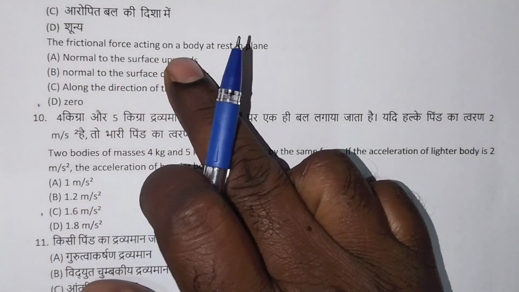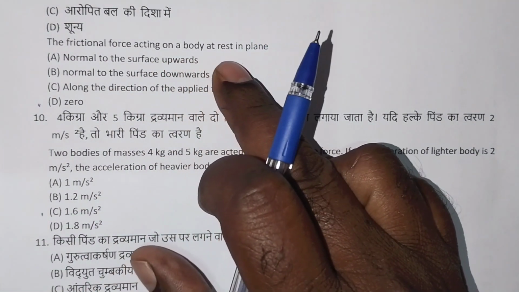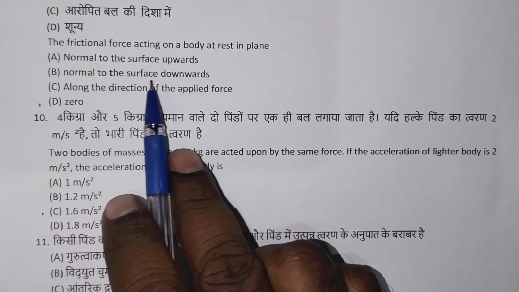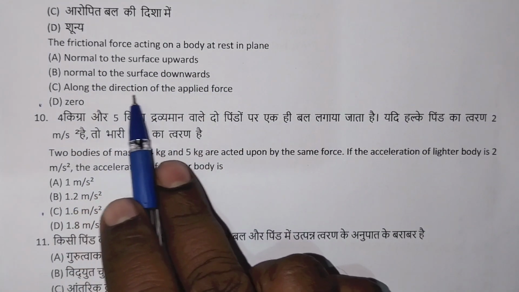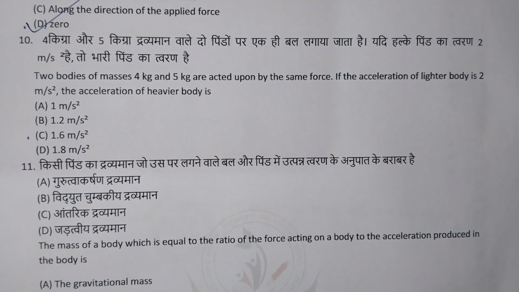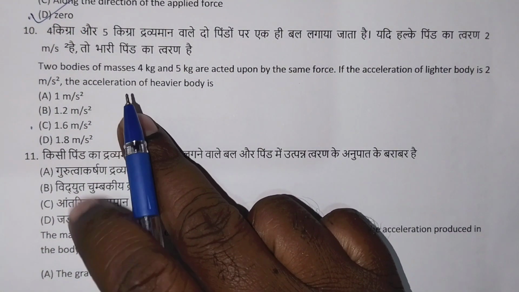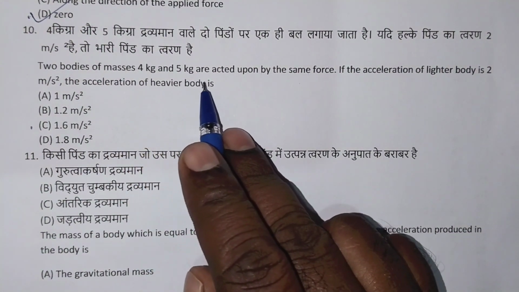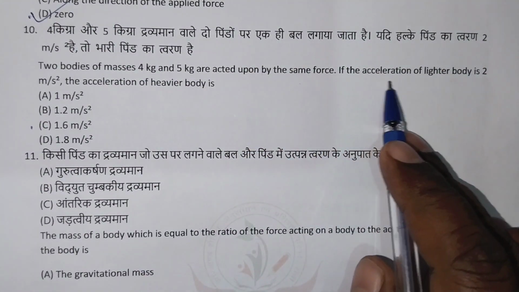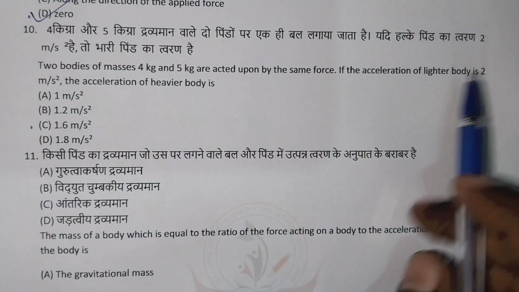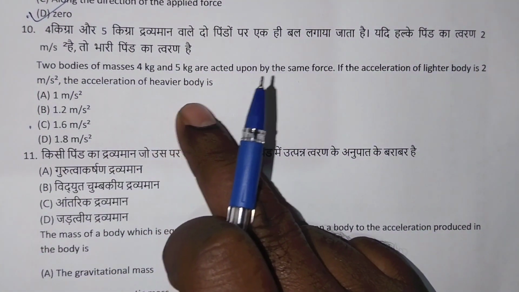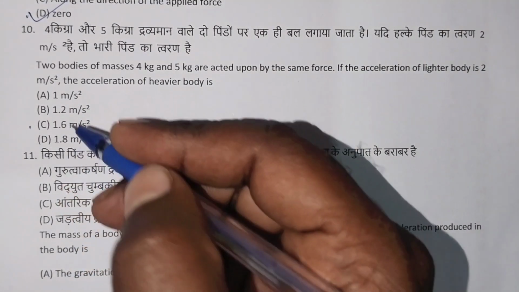The friction force acting on a body at rest in plane is normal to the surface upwards, normal to the surface downwards, along the direction of the applied force, 0। Right answer 0। Two bodies of masses 4 kg and 5 kg are acted upon by the same force. If the acceleration of the lighter body is 2 meter per second square, the acceleration of the heavier body is 1.6 meter per second square।